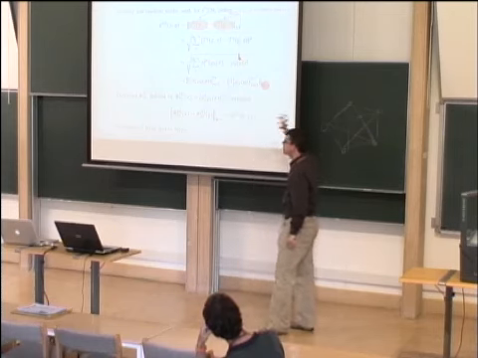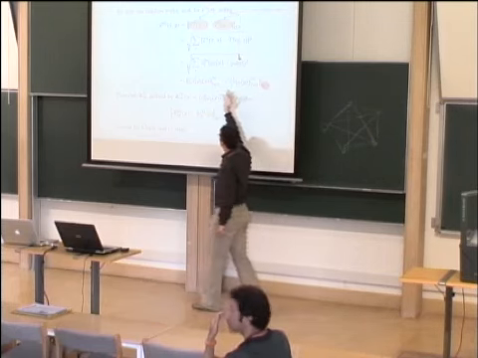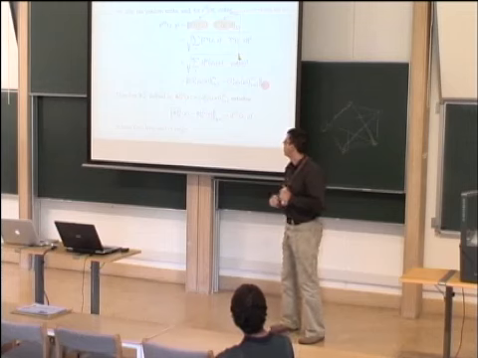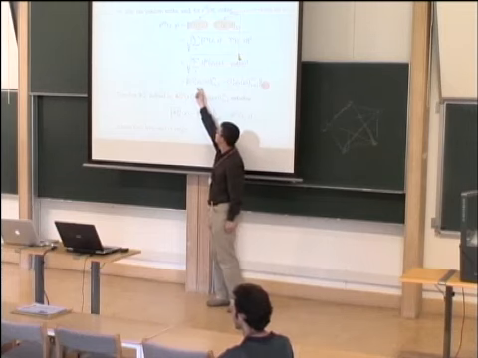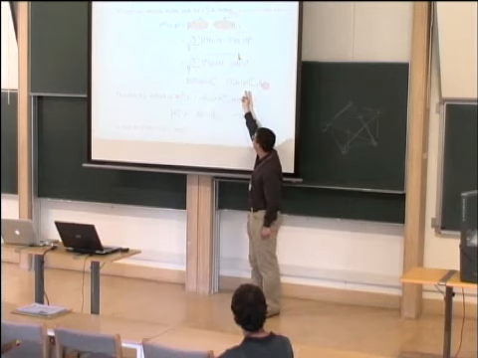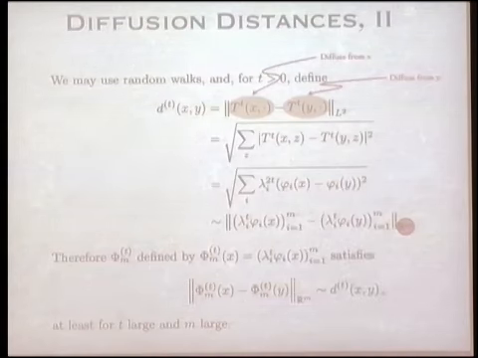And you just expand everything in eigenfunctions, and you get that you can approximate the distance by a quantity like this. This is an m-dimensional vector. M is a parameter, where the coordinates are simply rescaled values of eigenvectors evaluated at x. And this is also an m-dimensional vector, which is made of looking at the eigenvectors of t evaluated at the point y. And this distance is a Euclidean distance.